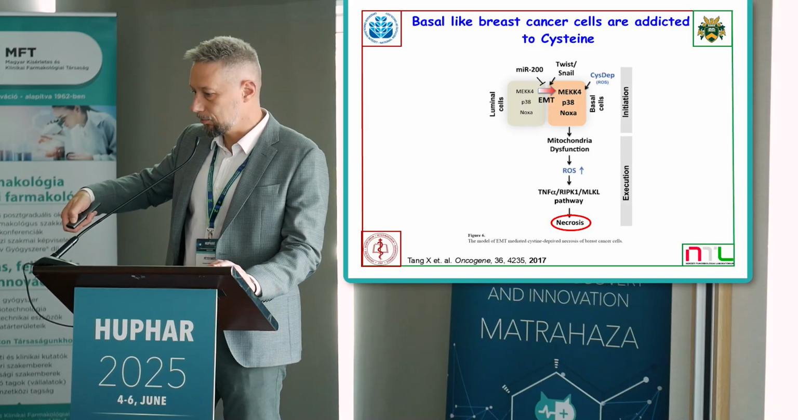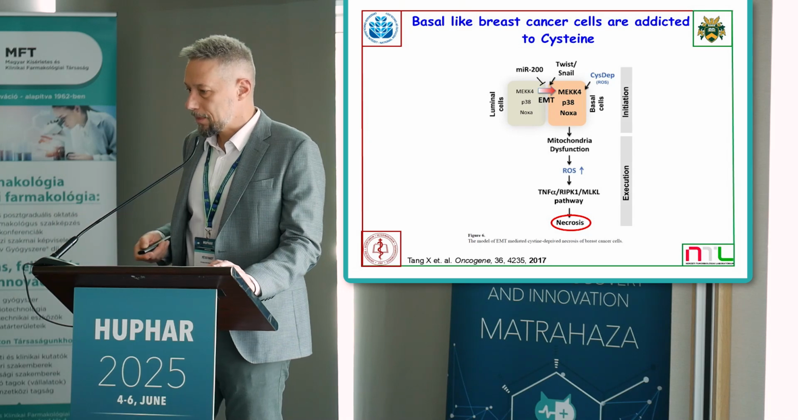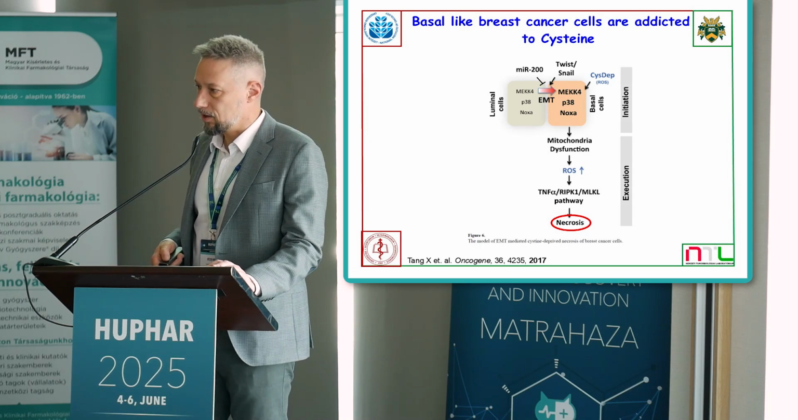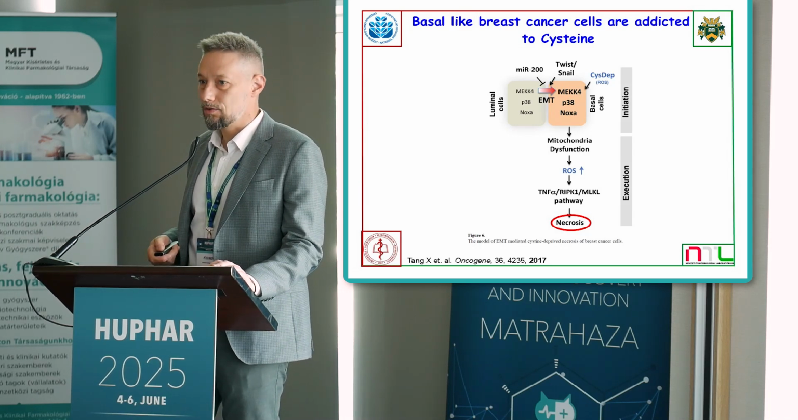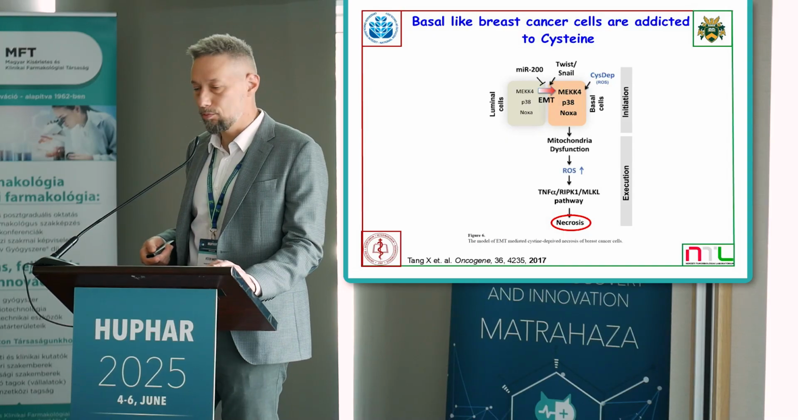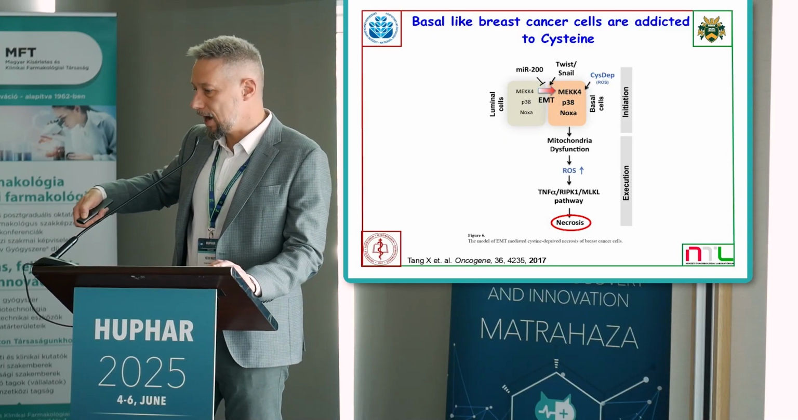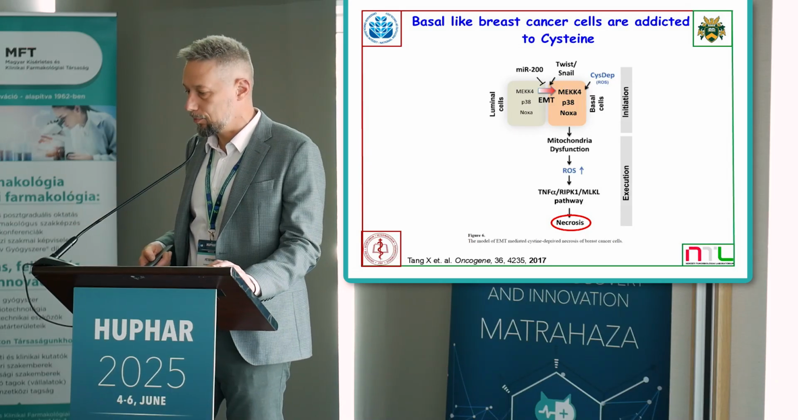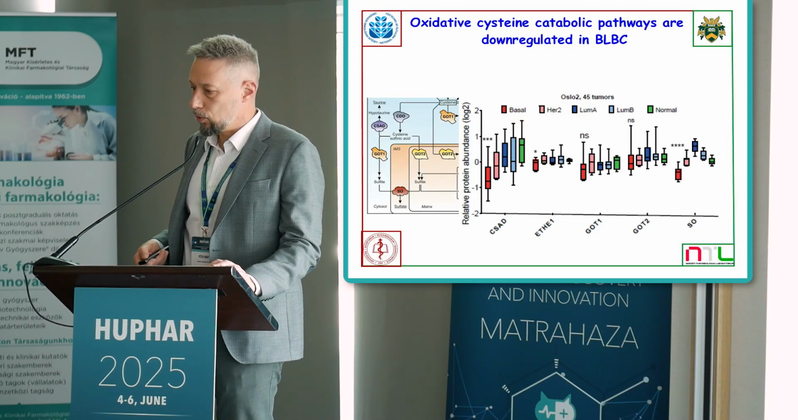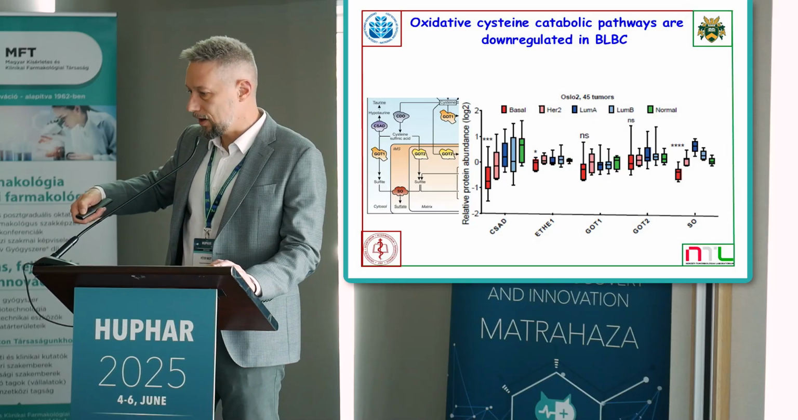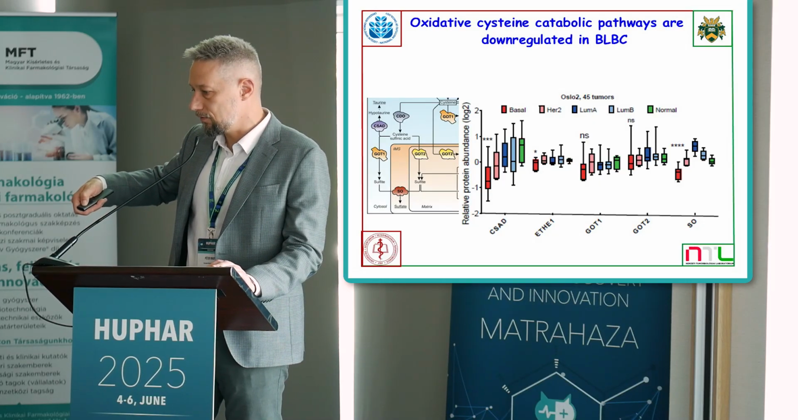paper came out from a different research group suggesting that basal-like breast cancer tumors are addicted to cysteine, so they really need cysteine to be able to grow. And if they don't have cysteine, then they die a necrotic cell death via this MAC4 NOXA pathway that they proposed. Indeed, we went back to our human tumors and we found that all of those enzymes that are involved in the catabolic pathways of cysteine